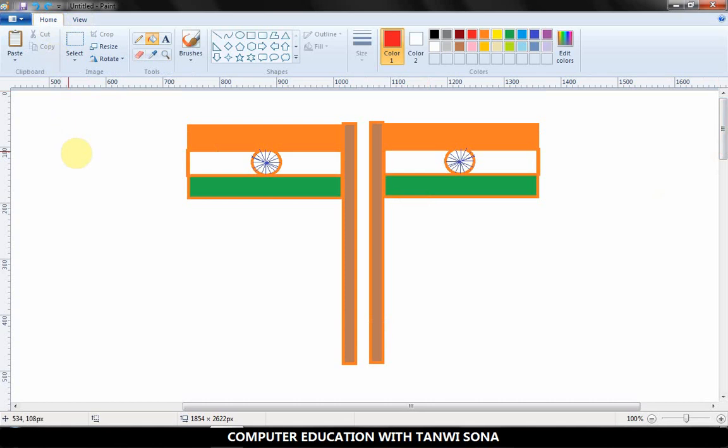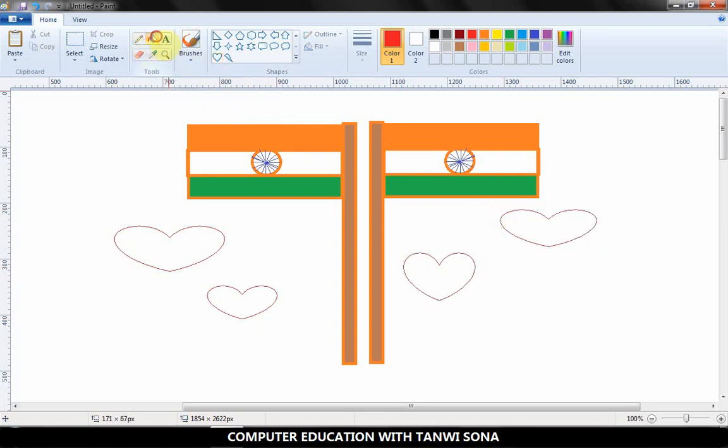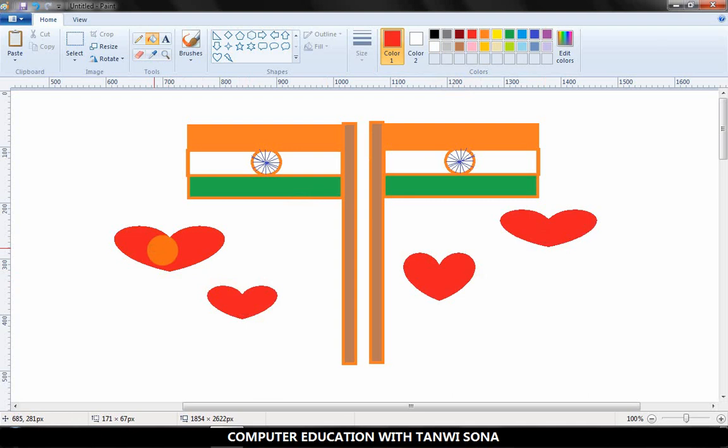Other shape tools that we can use here include this heart shape. Let's see. These are the heart shape tools. Here is the brushes tool.